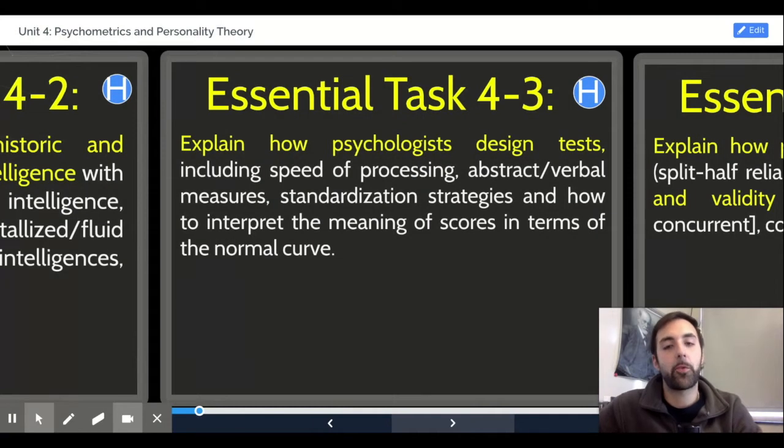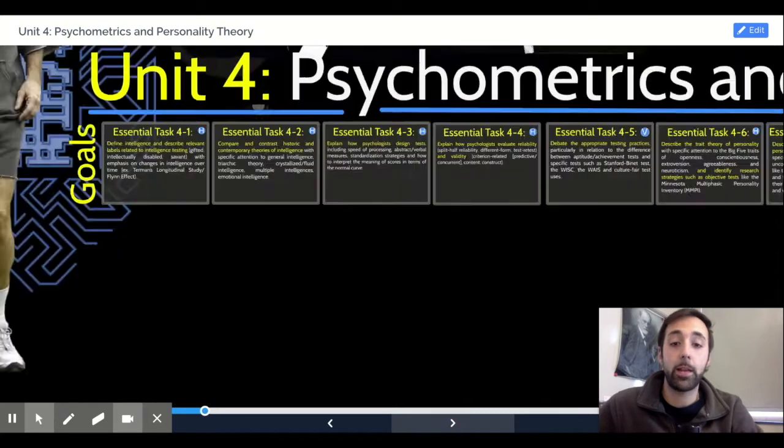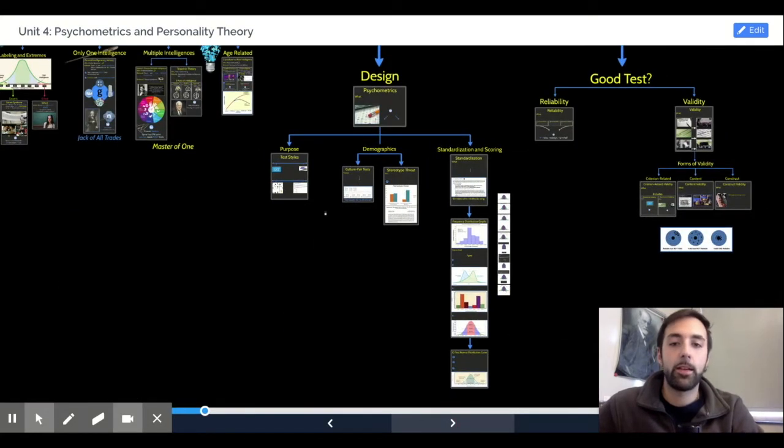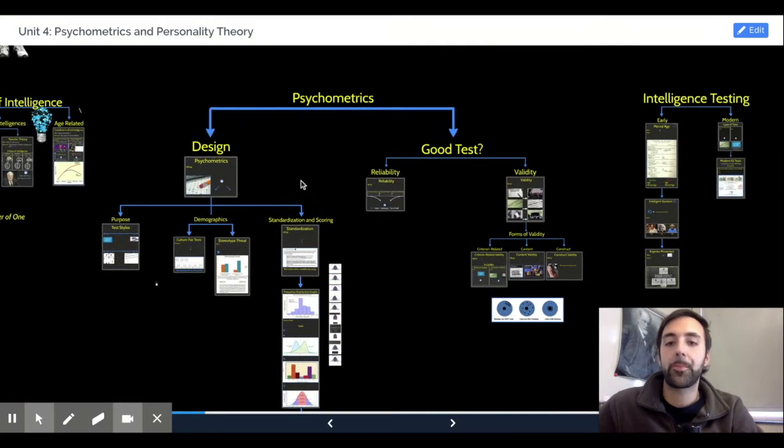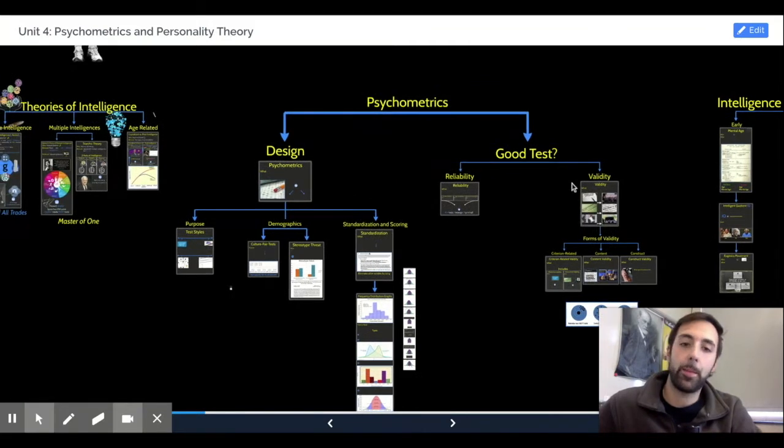In Essential Task 4.3, we are going to talk about how psychologists design tests. In the context of this part of the unit, we're going to be talking a lot about how psychologists design intelligence tests, but many of the concepts that we apply now also apply to things like personality tests. The concept map that we're talking about today is in combination with the concept map that we're talking about in